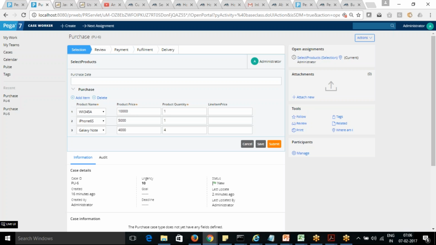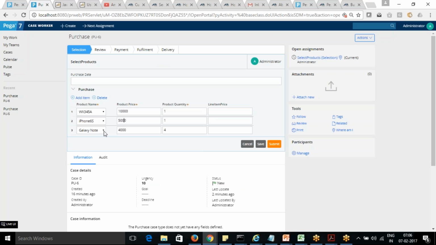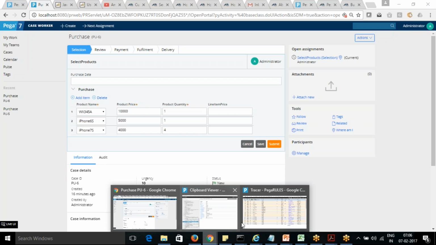Why it's not working. Normally it works in this way. We'll see why it's not picking the values directly. Maybe it's the syntax, I don't know. It's not the syntax. The syntax is correct, right? Yeah, the syntax is correct. It's able to populate the data page from the values. If it's using the iPhone 7s, it should invoke the tracer.